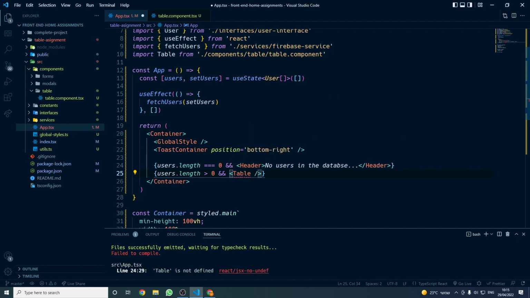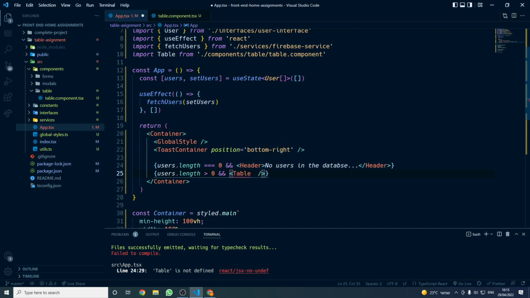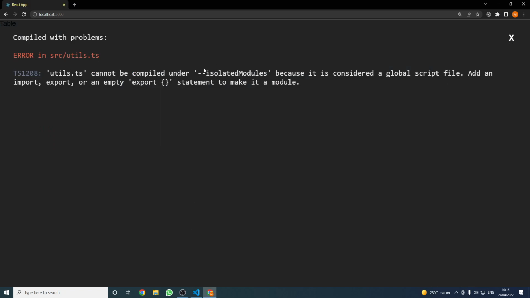Now you can see that I still have the error because property users is missing in type but required in type users. Users is declared here. So let's pass the users as users. Now you can see that the error is gone and I'm passing the users from the state. Now let's open the app and see what we get. First we have this error. Let me actually fix this error. It's really annoying, so I want to get rid of it. Let me actually zoom. Okay, so you can see the table here,